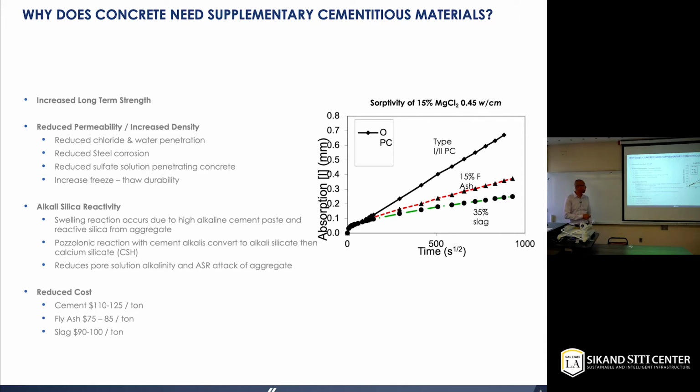And the plot on the right side shows the absorption over time, for three different mixes: the conventional concrete, with 15% fly ash replacement, and 35% slag replacement. As you can see, when you add fly ash or slag, you can significantly reduce the absorption, which means you reduce the permeability and increase the chloride resistance, increase the sulfate resistance, and also help with freeze and thaw